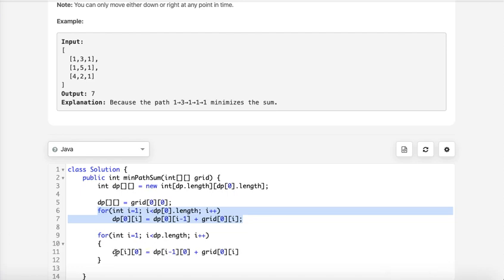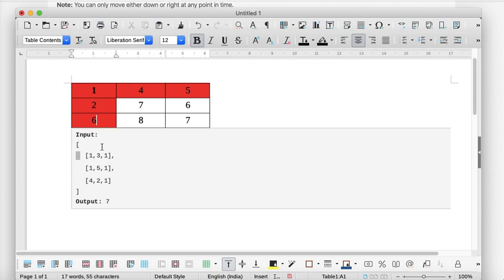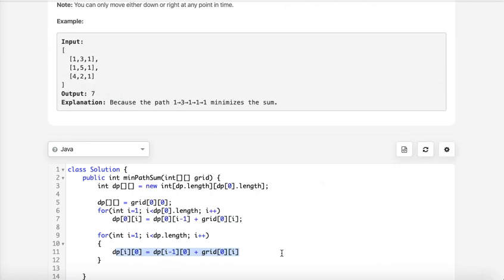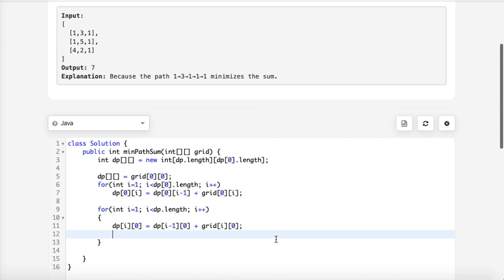And this one, what we are doing here is, I am calculating all these things where there is no left. So this should be i and 0, right? Now I'll calculate the rest in the mid of the table.